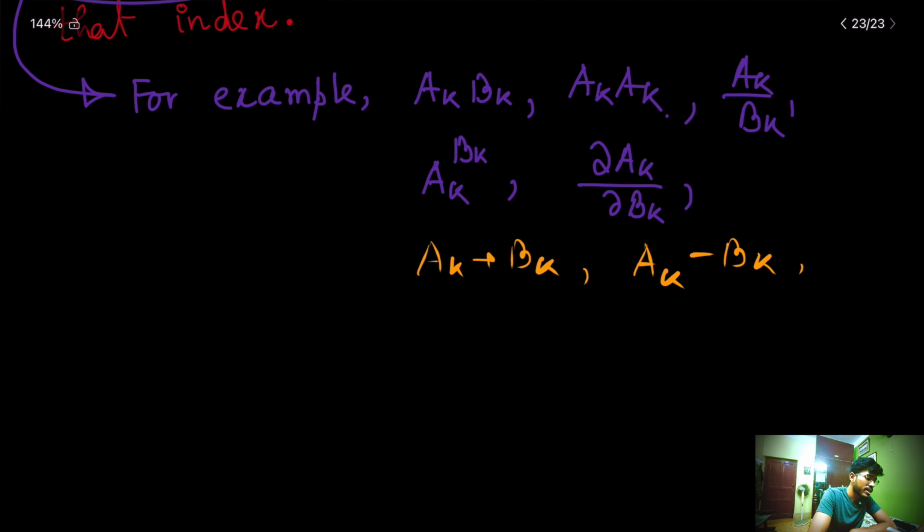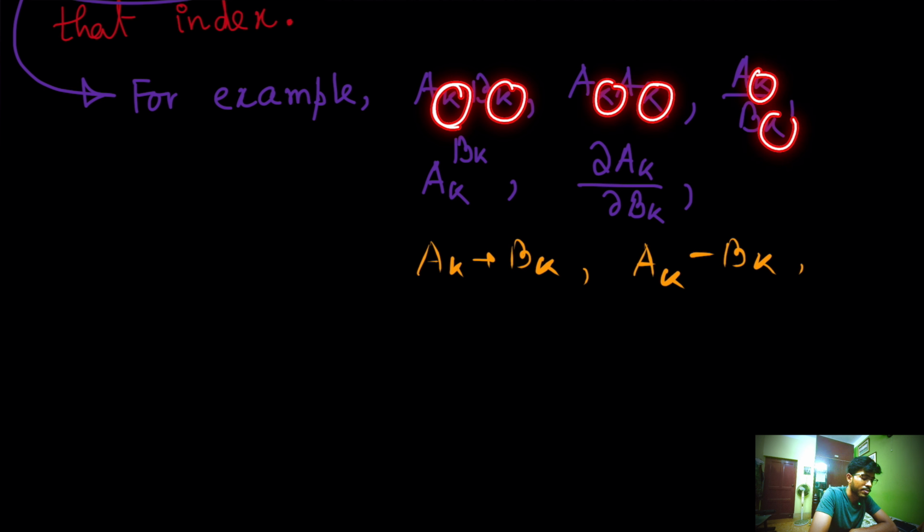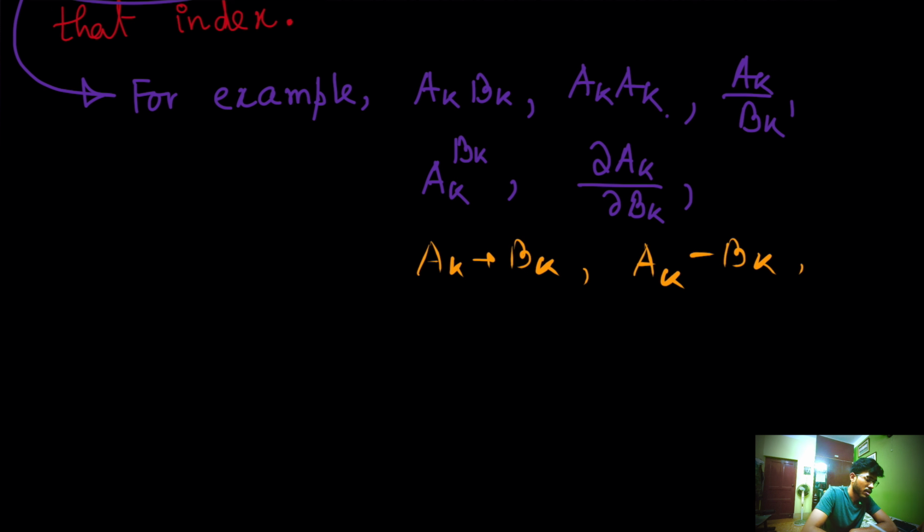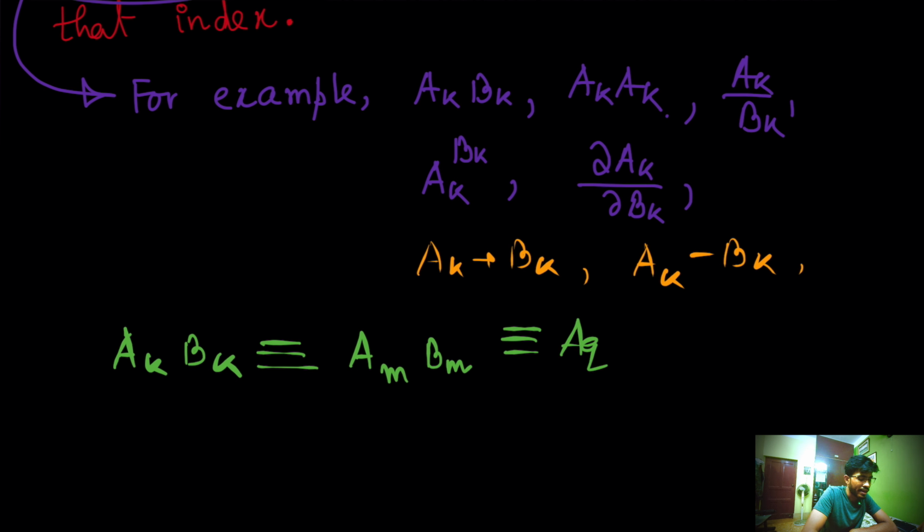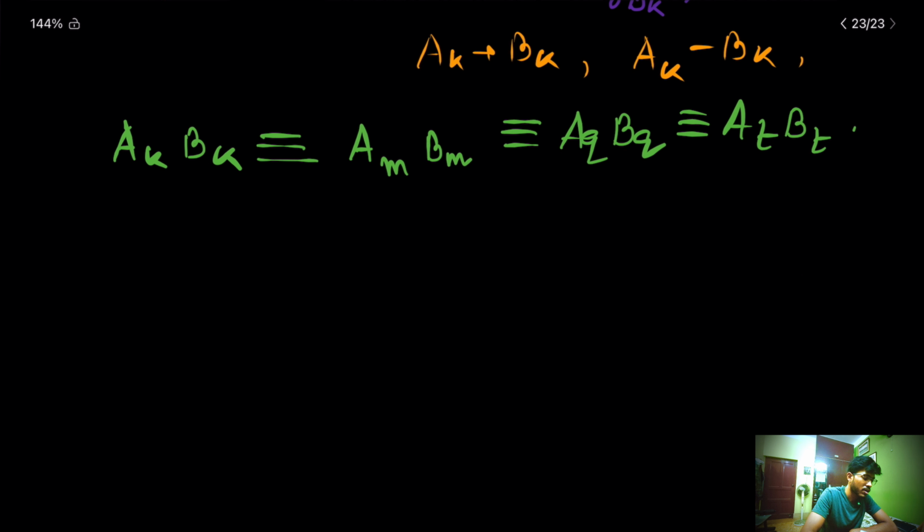Purposefully I have written k here in all the terms or expressions, but AKBK is equivalent to writing any other alphabet, maybe AMBM. It is equivalent to AQBQ, it is equivalent to ATBT, anything, because